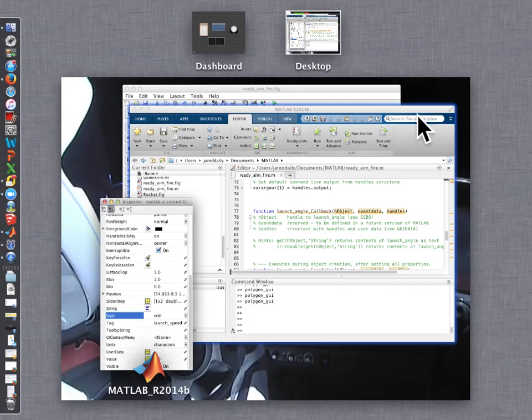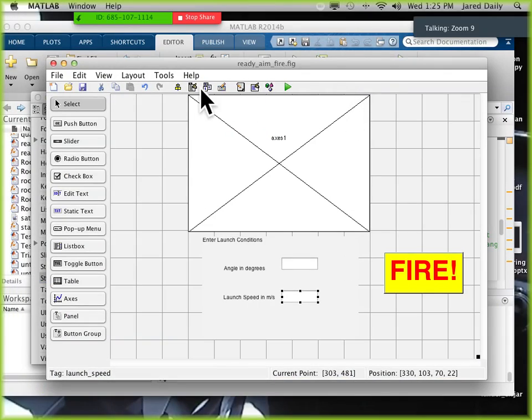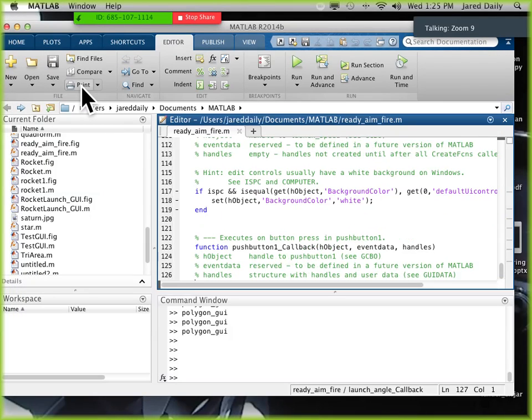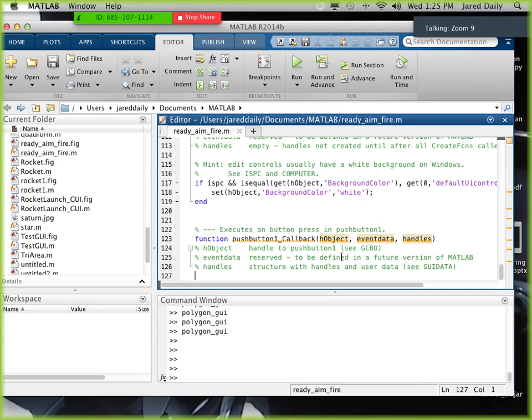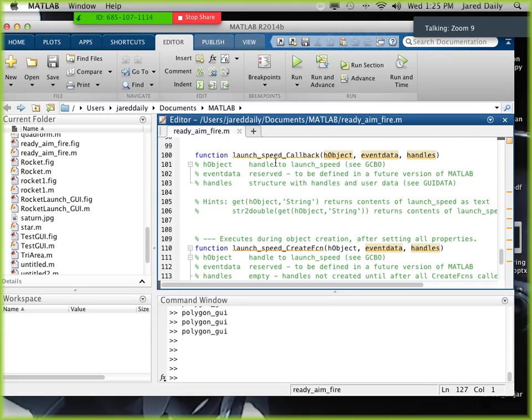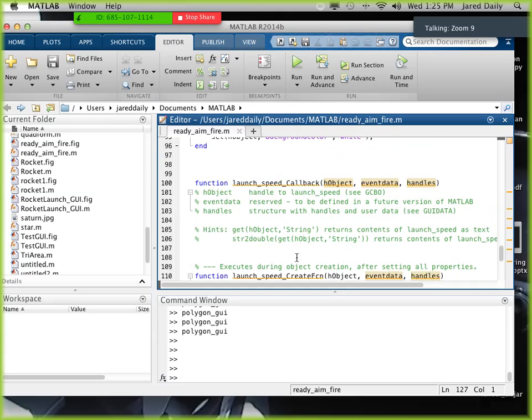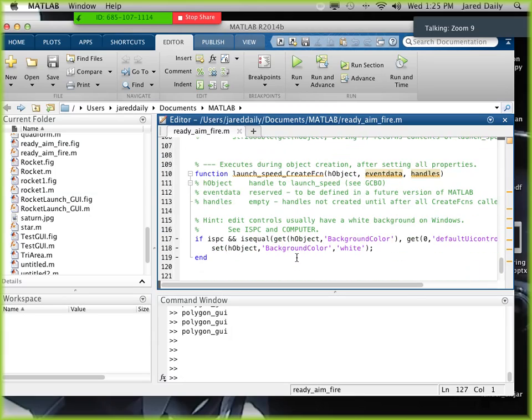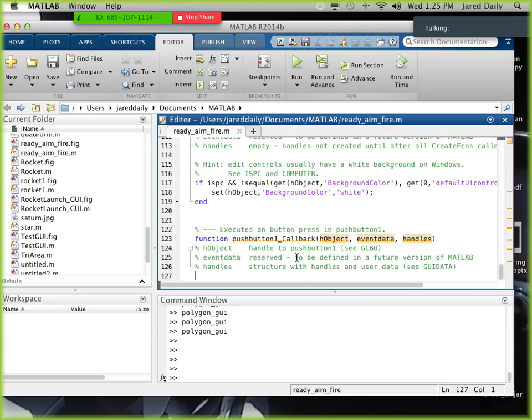Anyway, I'm going to change the other one to launch speed. As you may have noticed, I went ahead and changed that one. So now my edit 2 thing should have been changed to launch speed, and there it is, launch speed. And then the push button still is just called push button 1, so I'm going to go ahead and change that one too. Might as well